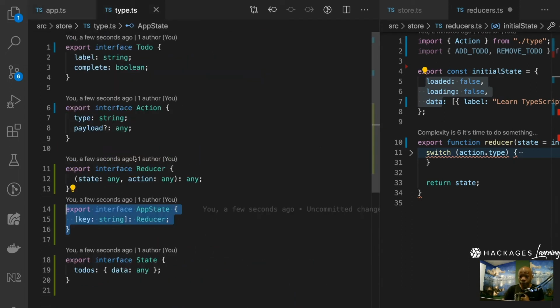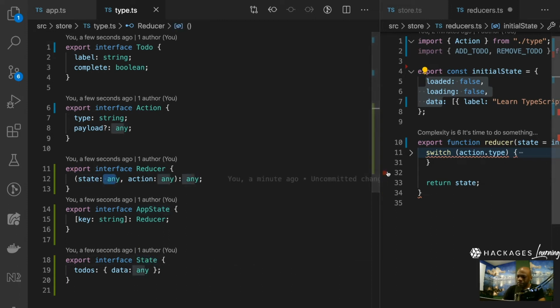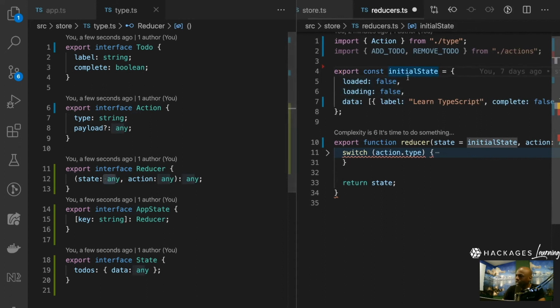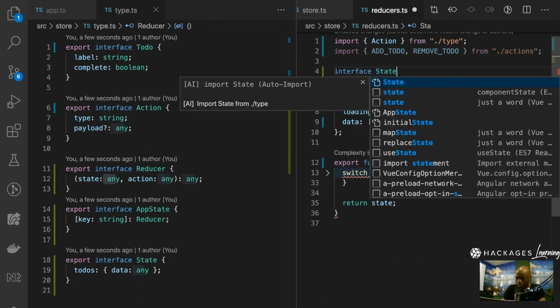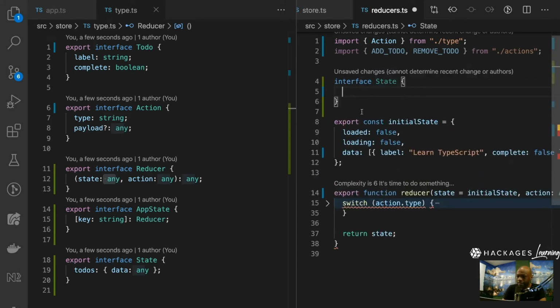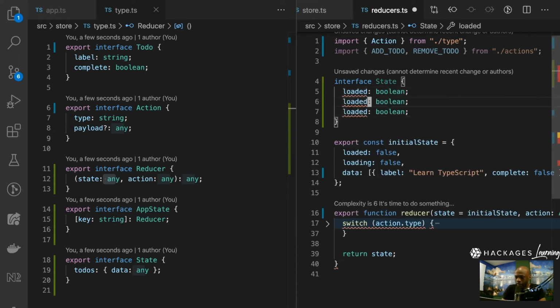we have the fact that now we have something called a reducer. A reducer is a function that takes something of type any? No, it's state. See? So now we see there is this state that should be used here, but it doesn't really match. It doesn't match the state that we have over here. Okay? So maybe we can go step by step and say this is going to be an interface. This is actually another state here, for example, and that state has properties like loaded, which is a boolean. Mind you, we're going to refactor that in a second, and then we're going to have loading,